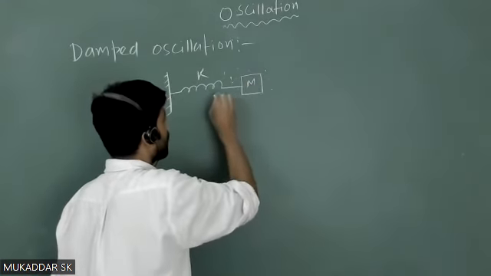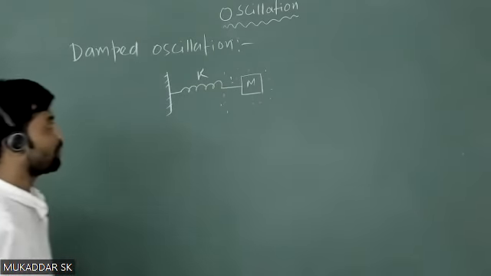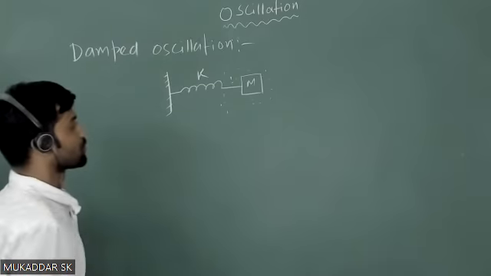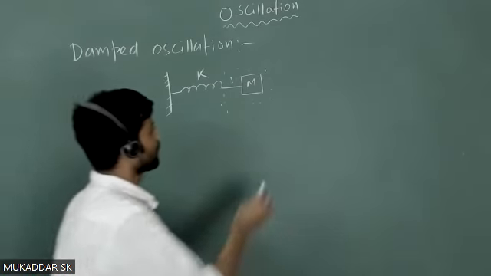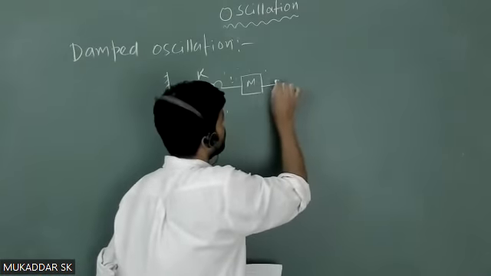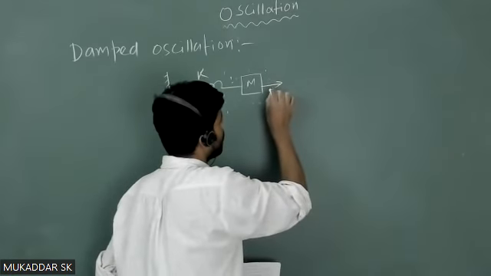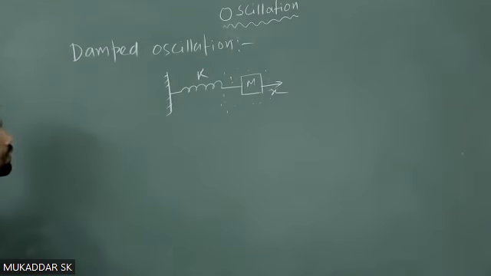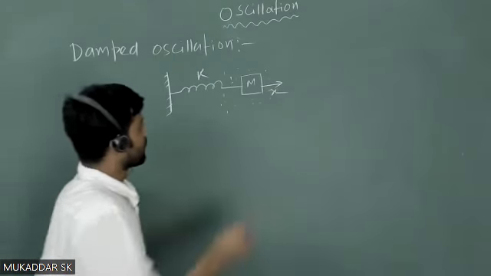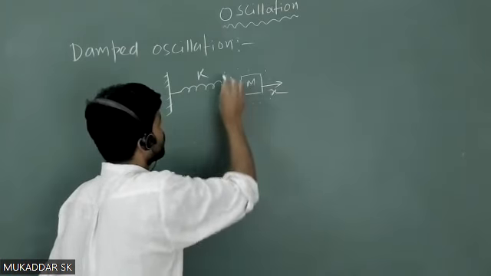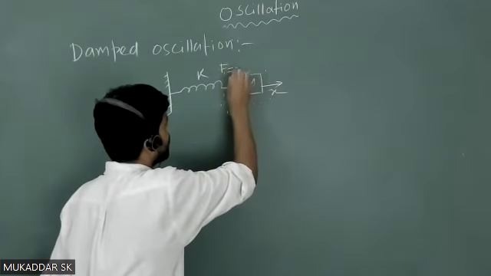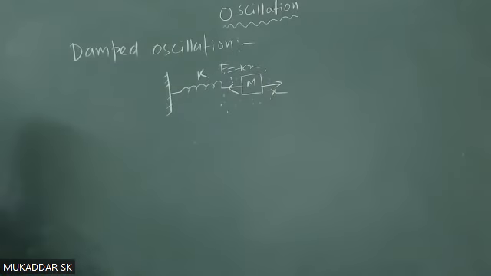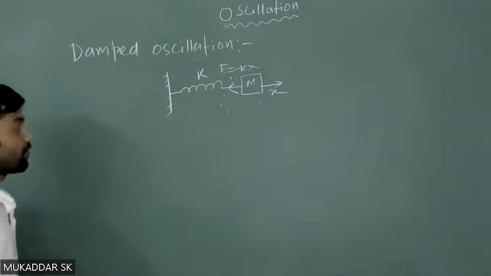If you put this system in a medium that has many atoms, then what will happen? Now if you displace this system by an amount x, obviously the restoring force will act in this direction, right? So you will have F equals minus kx. In addition to that restoring force,